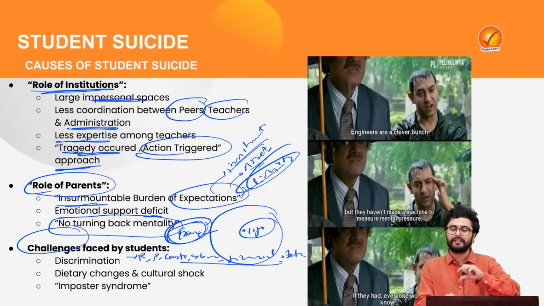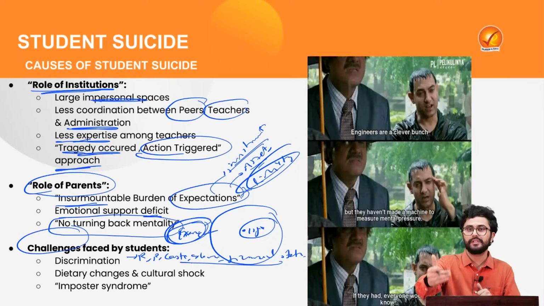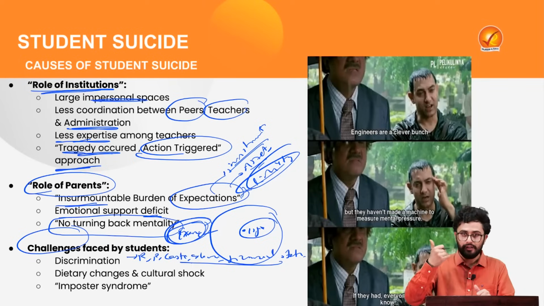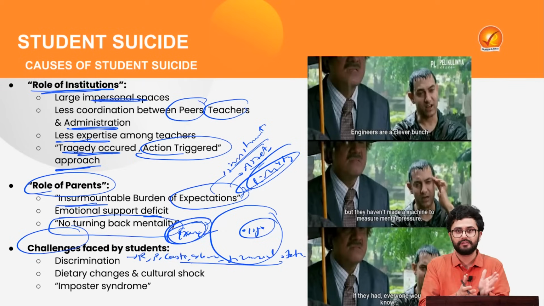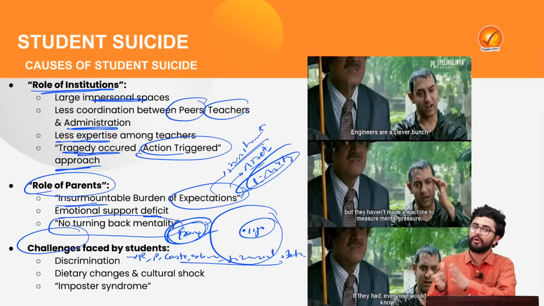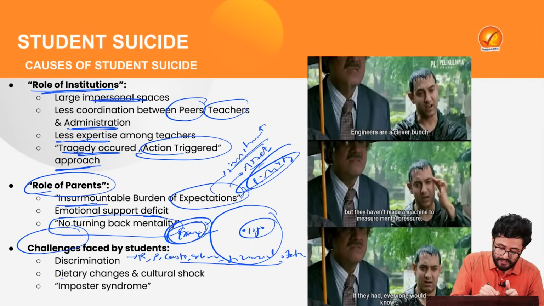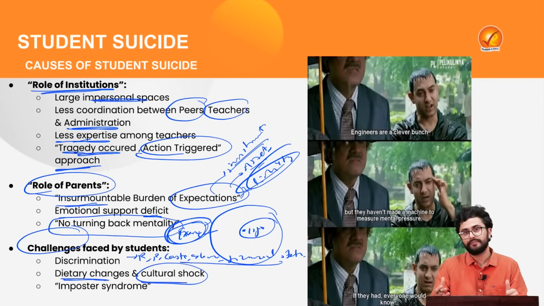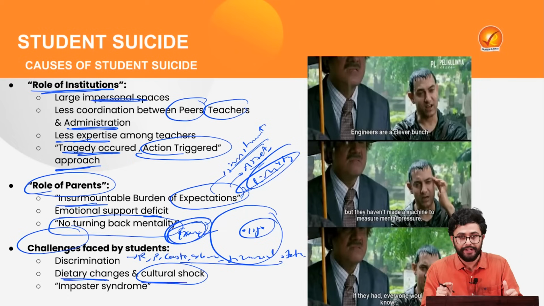Then, at such a young age, people have started competing for examinations from class 6th, class 7th itself, right? I don't think the time is far away when people will start preparing for JEE or NEET by the time they are 3 years old. And I hope 3 years old is not considered too late for some students in the future. Thus, at such a young age, when these students migrate from place A to B, they also face dietary changes and cultural shocks, which are too overwhelming for them to absorb at some point.